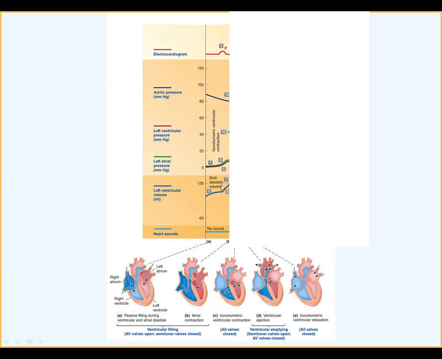and that is due to the contraction of the atrium. How did the contraction happen? It's because of the depolarization of the atrium. So once again, depolarization of the atrium caused us to see the P wave. The P wave caused the atrium to contract. Contraction of the atrium will increase the atrial pressure. As you increase the atrial pressure, the blood flow from the atrium to the ventricle will increase, and therefore you